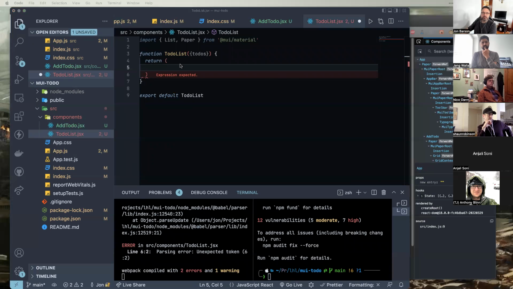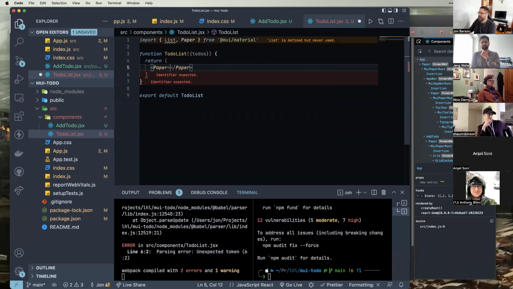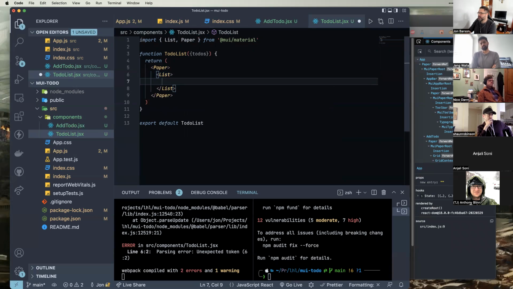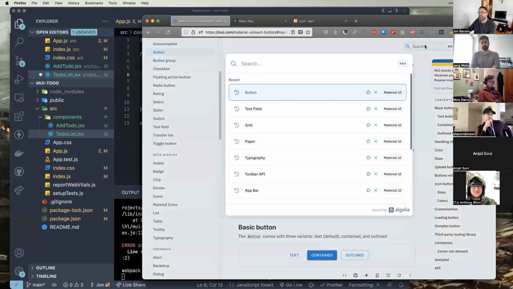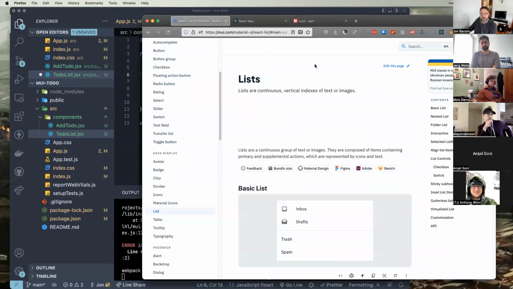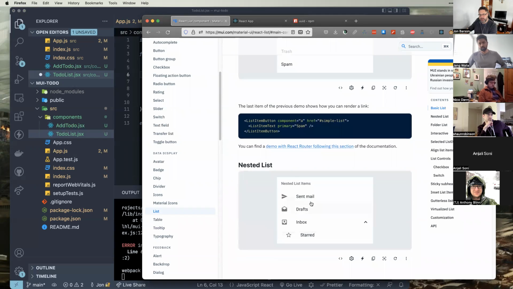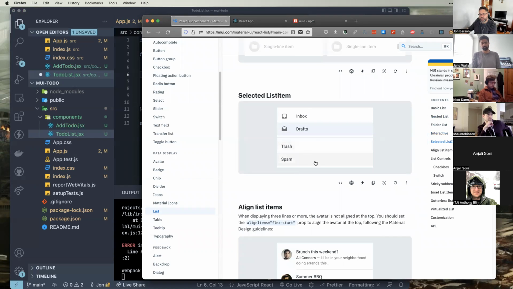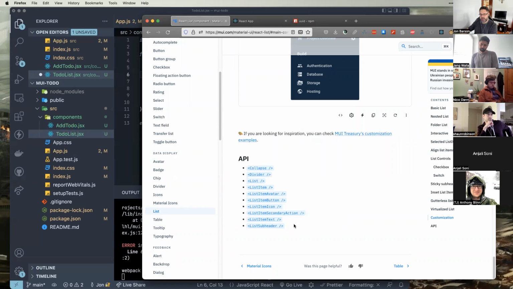I'm going to put in a paper. And inside paper, I'm going to put a list. And inside the list, now, let's come over here and have a look, because list actually has more than one element in it, right? So when we create a list, we actually have to add things like buttons and text and so on. There's a bunch of things that we're going to have to add, more than one component, and it's all listed in here. So all of these right here are under the list, and you can use any of these components